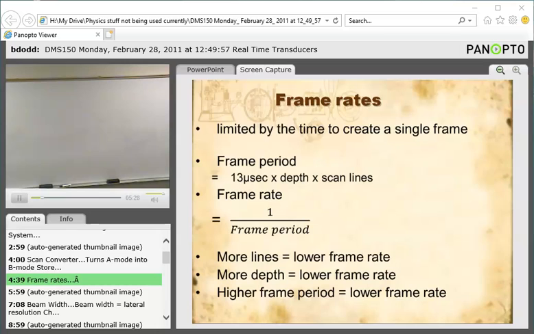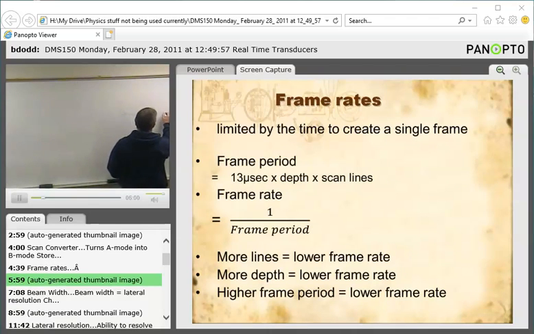Remember, your rate, your frequency, the frame rate is a frequency, is always the reciprocal of the period. So the frame rate is the reciprocal of the period, so you just take 1, divide it by the frame period, you get the frame rate. So in the example we had earlier, the frame period was 15.6 milliseconds. This was from your homework. So what would be the frame rate for this? Right, 1 over 15.6, which equals